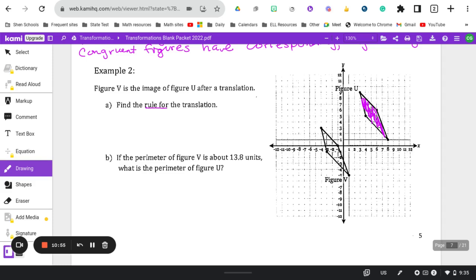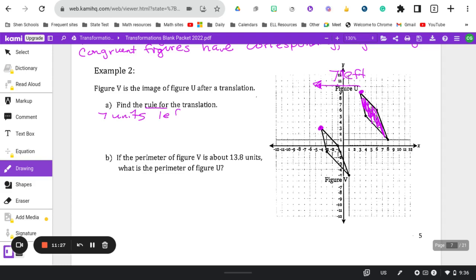Okay, so one way we could do this is we can pick a point that's corresponding on each. So I'm going to pick the top of that point. Obviously we're going to go left first, right? Because this is our pre-image and this is our image. So we have to count the units left. So 1, 2, 3, 4, 5, 6, 7 gets me at the same height, right? So 7 units left. Now, if I'm going left,